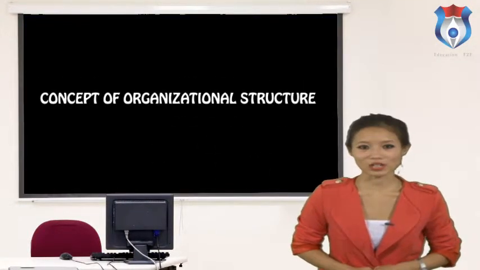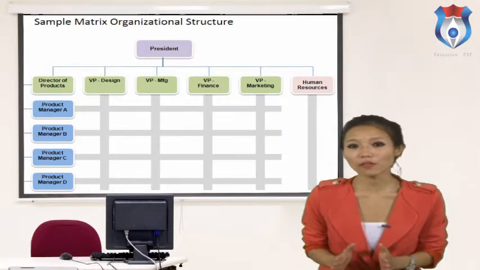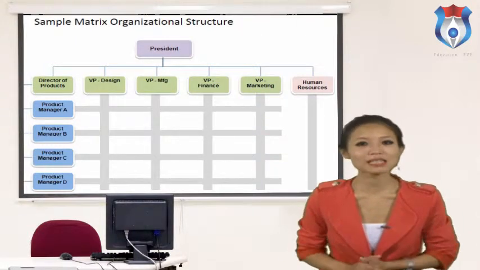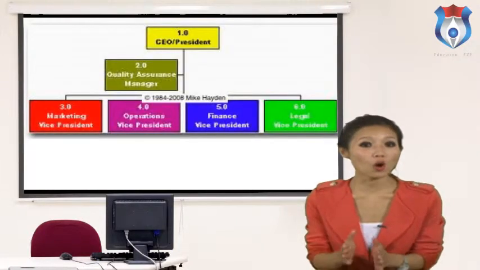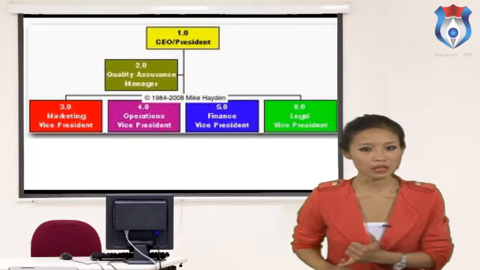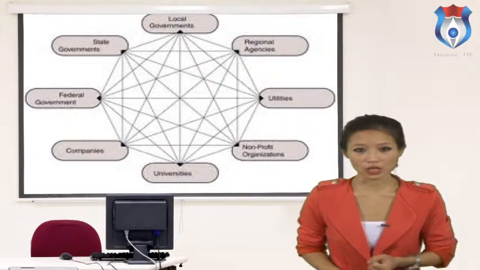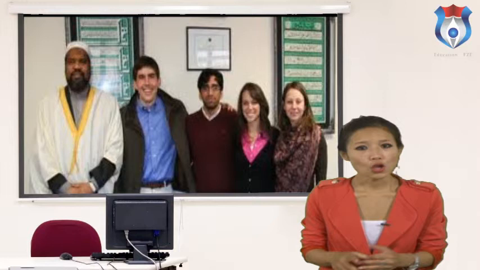Concept of organizational structure. Organizing refers to the way in which the work of a group is arranged and distributed among members to efficiently achieve the objectives of an organization. The process of organizing consists of certain steps, which are determining the activities to be performed, identification of the major functions to which these activities relate, grouping and subdividing the activities within each department on the basis of similarity or relatedness,